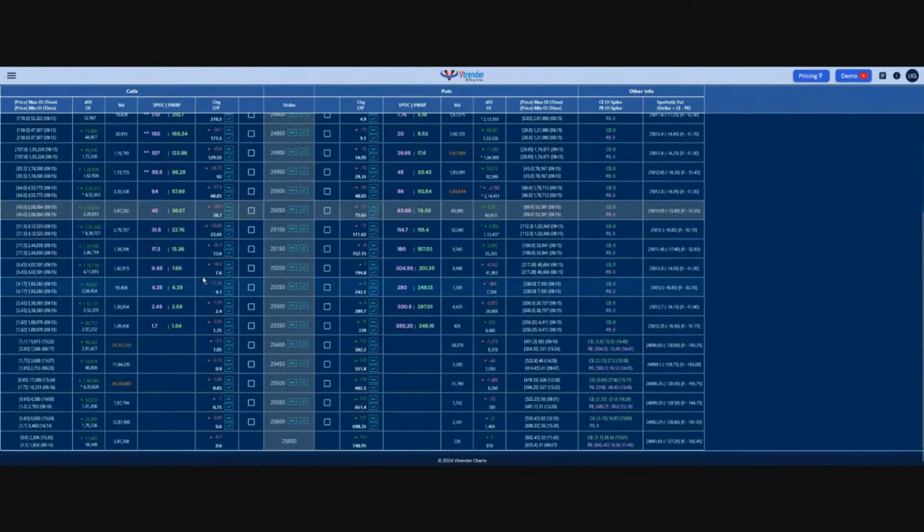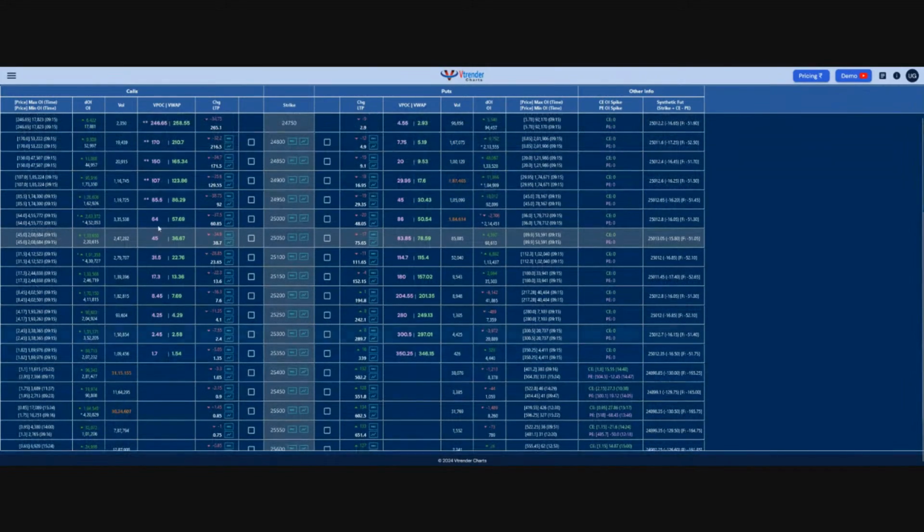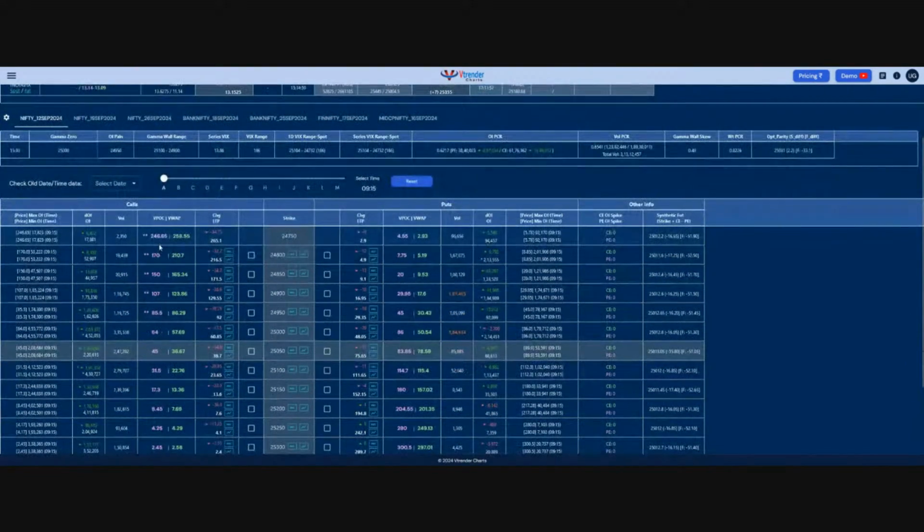So this runs down to all the strike prices, and we have very important market profile based references marked here, which is the VPOC and the VWAP of that particular strike. So why do we have this marked? Because especially on settlement days, they give us a lot of important cues, because this POC and VWAP are the references for the writer to prevail in that particular strike price. If the price of the option, for example, the current price is 60, is above these two, then the writers will not be attracted to it, or the writers may be forced to come out. So that is why it is very important to have a look at this